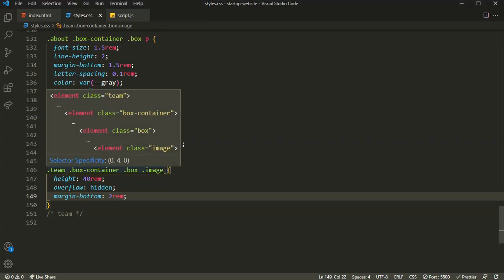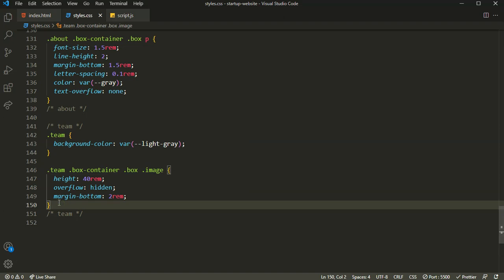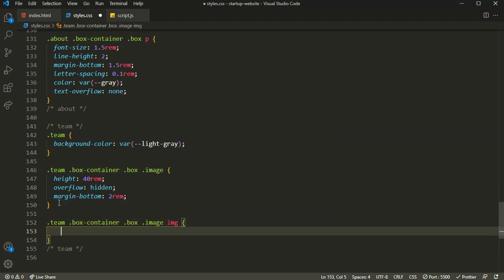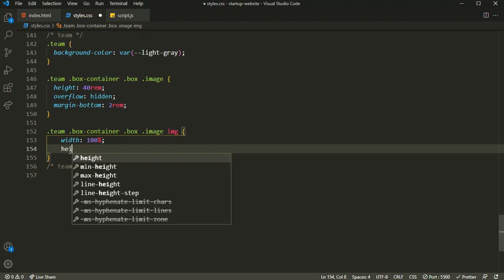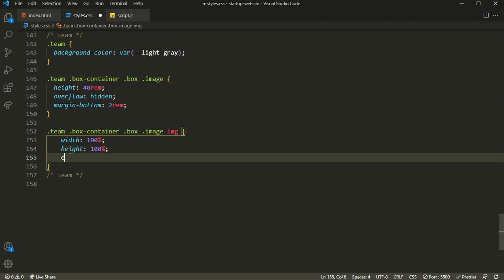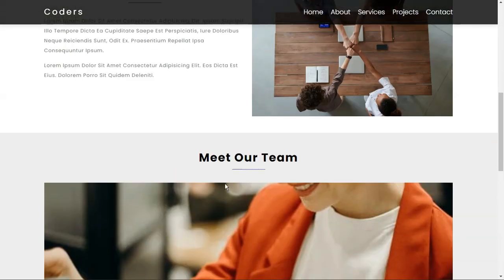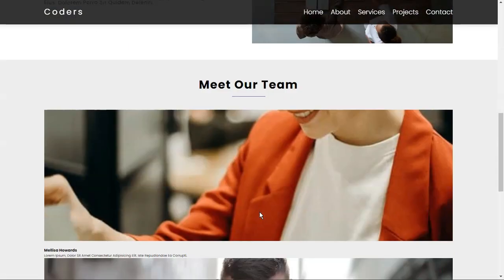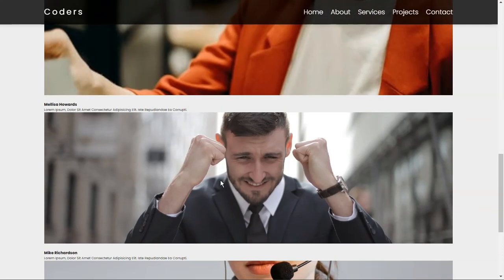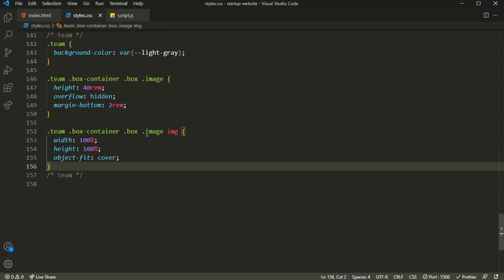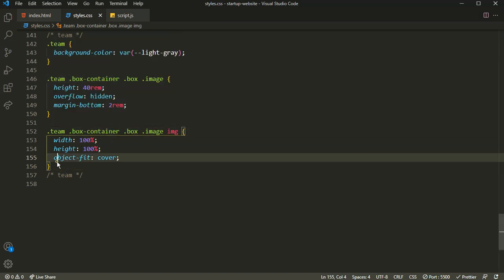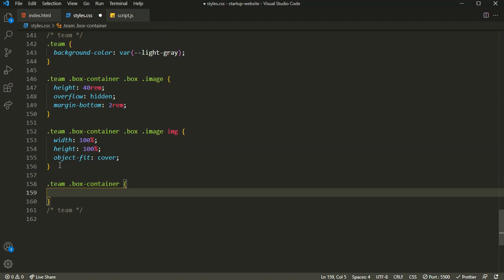Let's select the actual image which is inside this image division. Let's set the width to 100%, height to 100%, object fit cover. Let's see. As you can see, there we have the images, guys, and it's time to create the columns. We need 3 columns, right? 3 responsive columns. They are going to be responsive, so we are going to use, as you might have already guessed, grid. So I'll set the display of grid